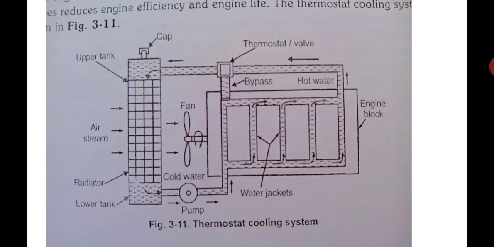The water is entering from the bottom, but here there is a pump. Between the radiator and the engine there is a pump. So this pump sucks the water from the radiator and it pushes the water through the engine. Now this water flows through the engine jackets and becomes hot and comes to the top. Okay, and when it comes to the top, you have a bypass valve. You have a bypass valve as well as a thermostat also in this system. I will tell you about this.